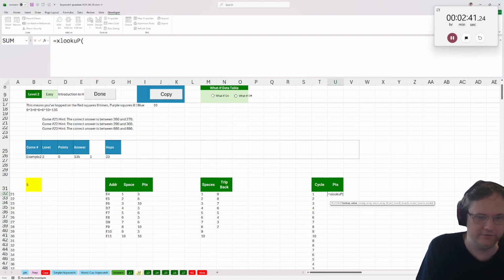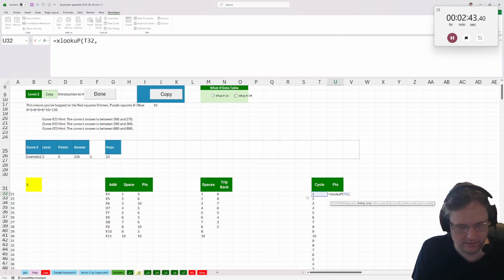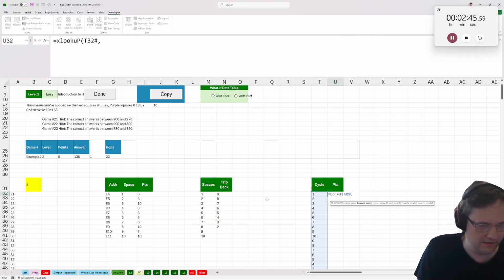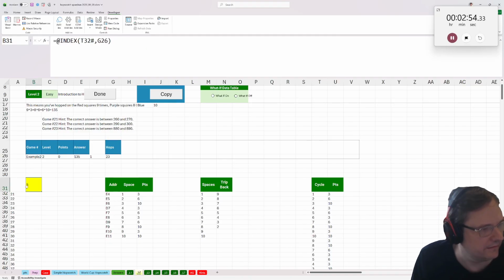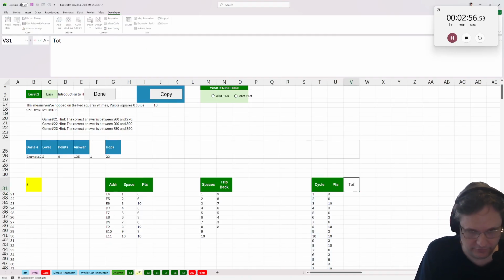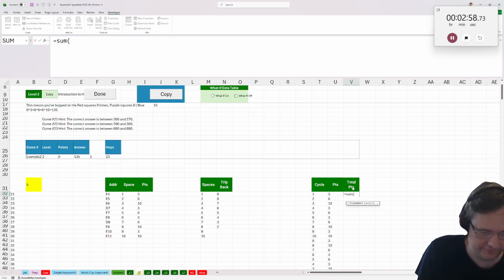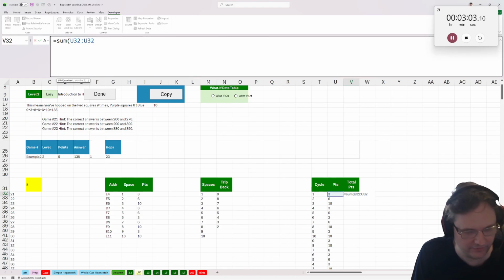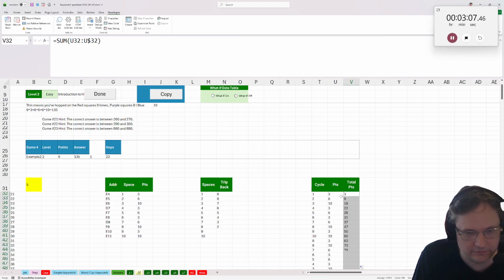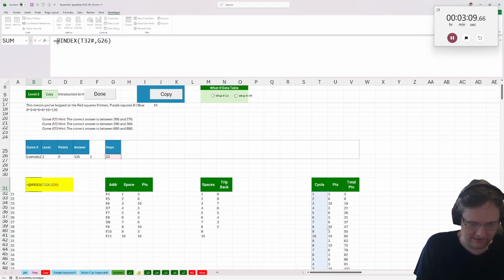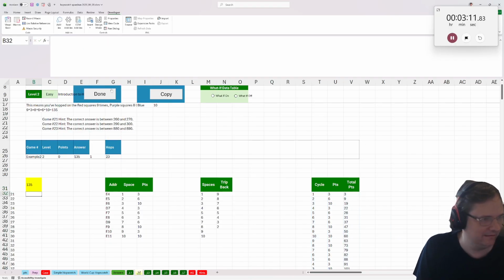So over here for each one, I got to look up this is all one thing, right? So I can do it like that. Look up this on the space, returning on the points. So now, and then I need total points, right? So the cumulative version of this is just the sum of U32 U$32. That will be the total points, and then it's just the index of that is the answer to